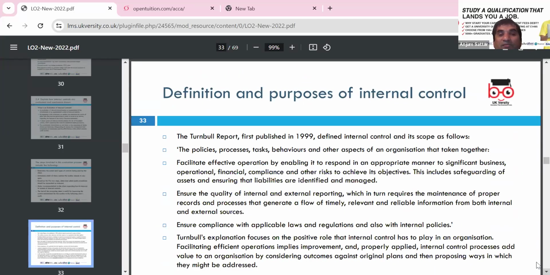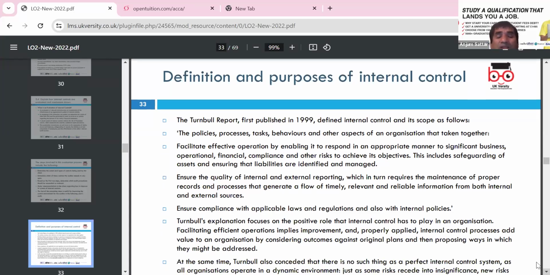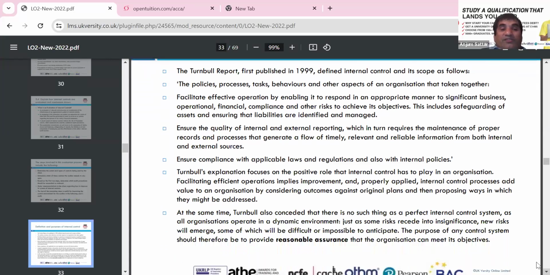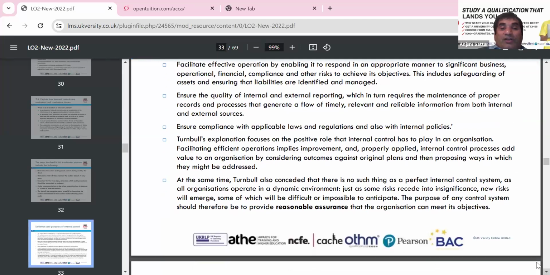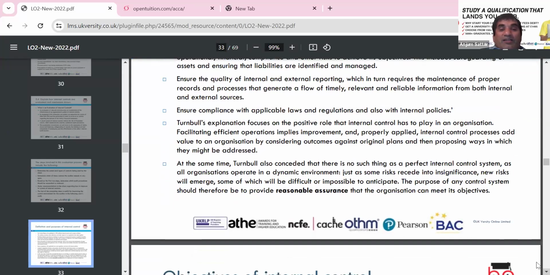Year-end audit. Definition of the process in internal control: we have different reports, including corporate governance reports, which can cover internal control, policies and procedures, and legislation like the national minimum wage and the Finance Act. So what procedures do we have to keep up to date with legislative control systems in place, and are we following those, not missing any? Otherwise it can be a huge risk for the company if the case goes to court. So ensure the quality of internal control and external control reporting, and ensure compliance with applicable laws, money laundering, and all other legislation.